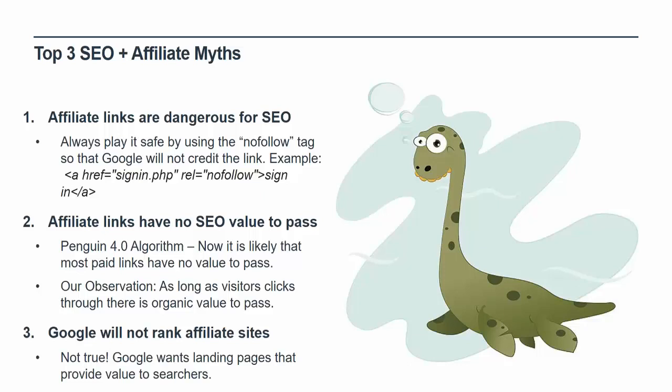Chances are your links might be a little more robust if you're using pictures or different anchor text, but the rule still is the same for you too, where basically inside your link, after you put the URL that you're linking to, in this example it's signin.php, close the quote on it, space, rel equal nofollow